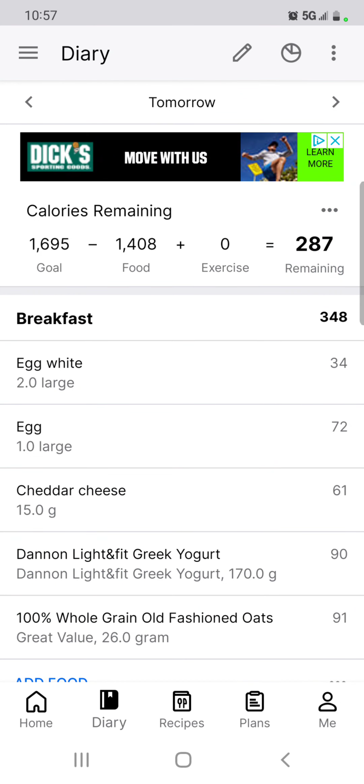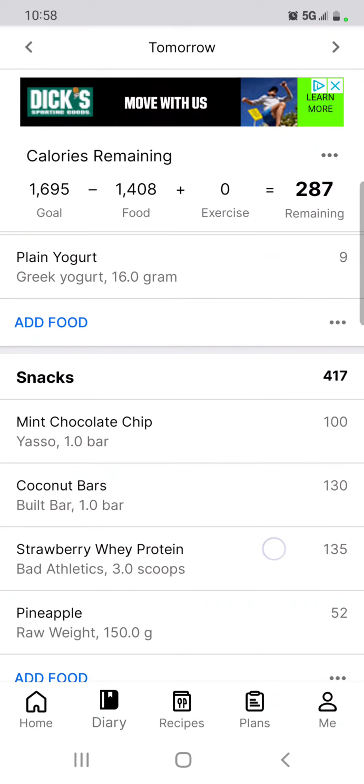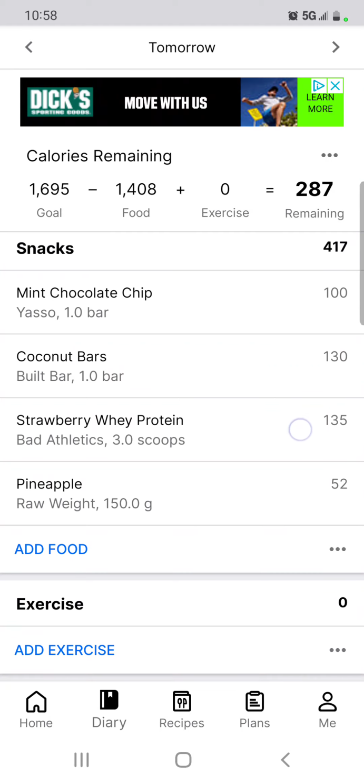So macros, honestly, it's kind of just something that you have to mess around with. Some days I will hit my macros really easily, and then other days it's like I can't really think of what else I want to eat to hit these macros. But